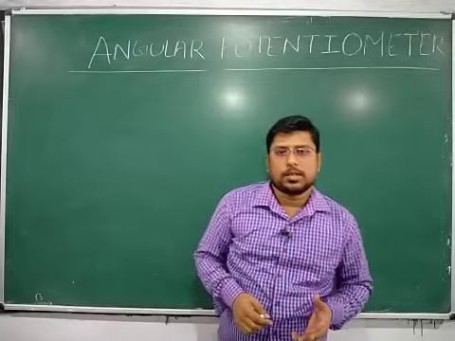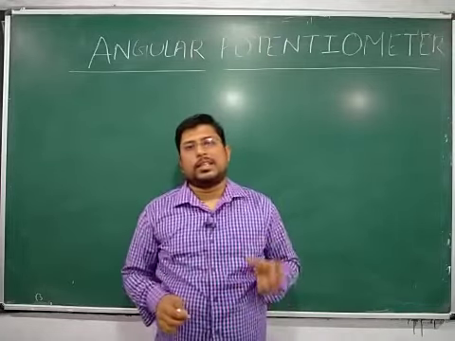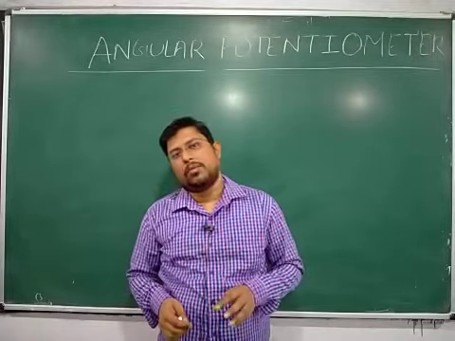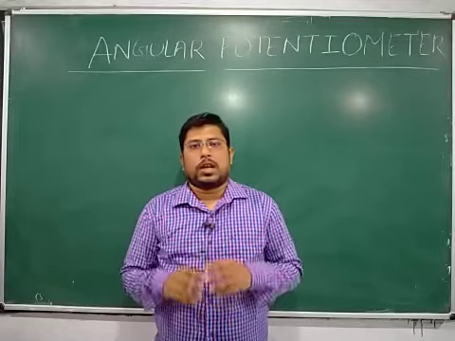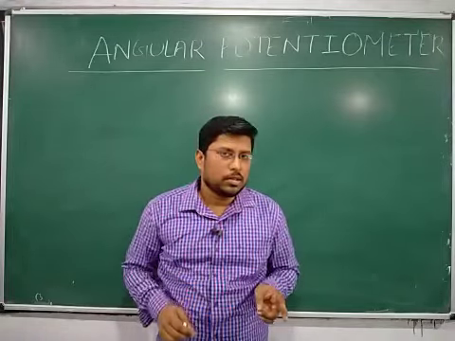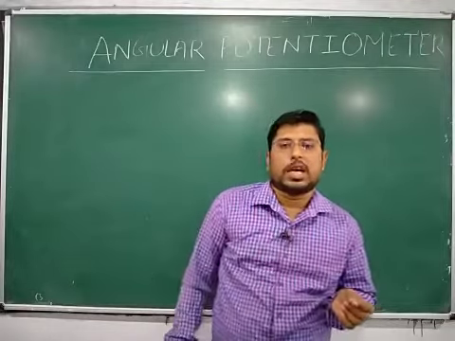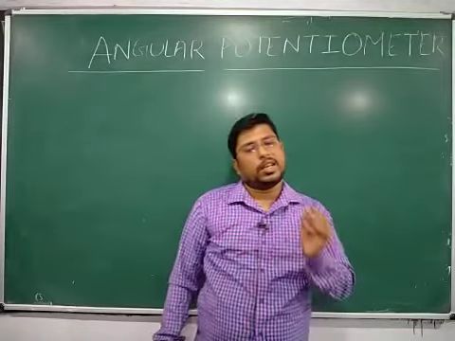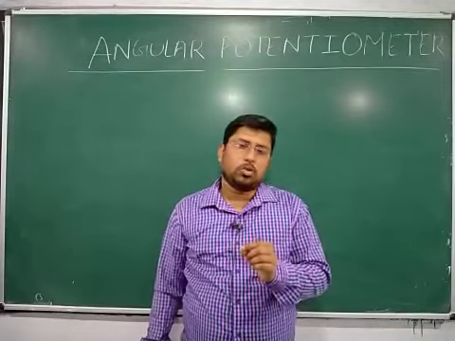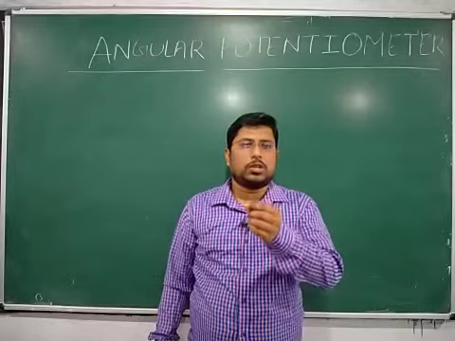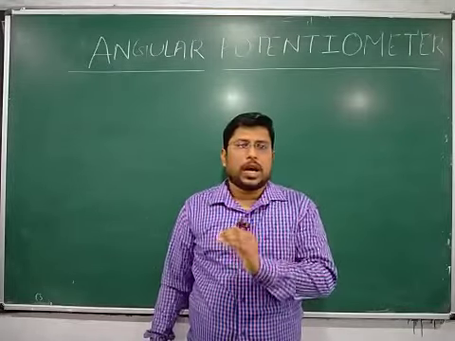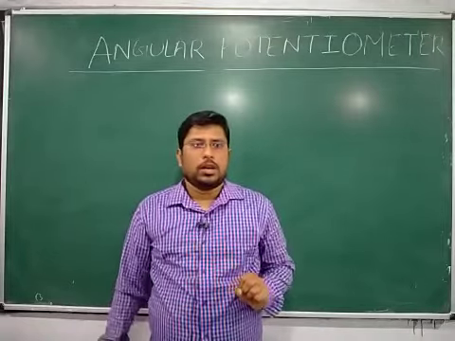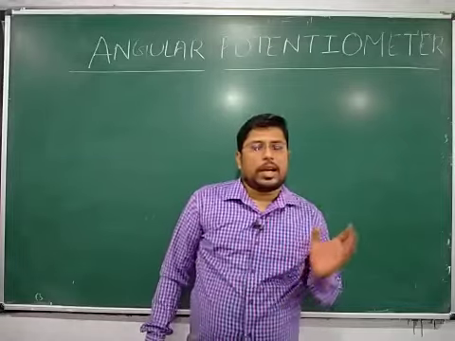In the previous class, we discussed what is a sensor, what is an actuator and what is a transducer. Then we discussed that transducers are of two types: sensor transducer and actuator transducer. Sensors are basically two types: mechanical sensor and electrical sensor. Similarly, actuators are also two types: mechanical actuator and electrical actuator. There are any number of types, such as hydraulic actuators, but in the syllabus you have to study only mechanical actuator and electrical actuator. Okay.